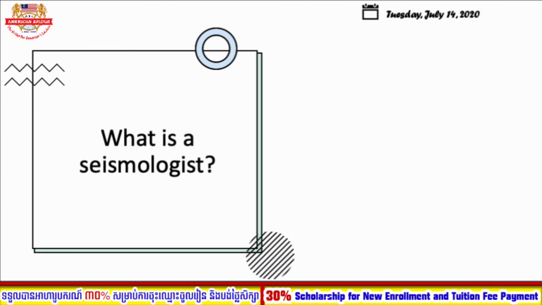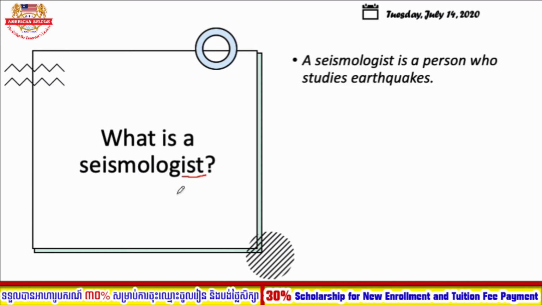So in the second question, what is a seismologist? So you need to define the word seismologist. The quick reminder you need to notice here is if the word ends with ist, for example, scientist, here seismologist, all those words refer to people, specialized people. So in this case, what is a seismologist? A seismologist refers to a person who studies earthquakes and also what comes along with the earthquakes.